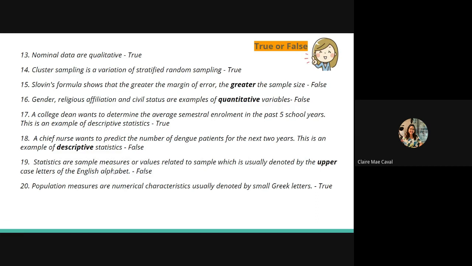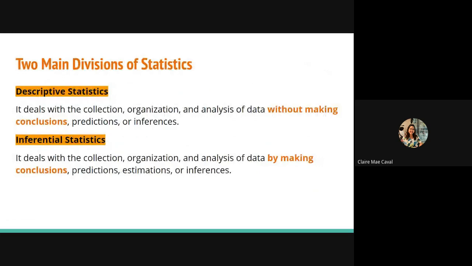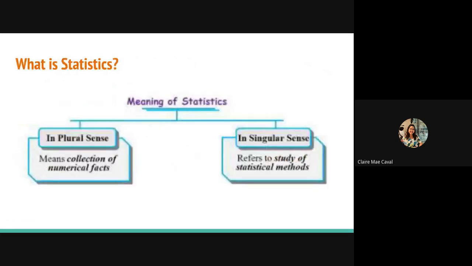Again, statistics are sample measures, and population measures are your parameters. Population measures, number 20, are numerical characteristics usually denoted by small Greek letters. And this is true. Okay? Greek letters, not English letters. So these are the two main divisions of statistics. Statistics can be defined in plural sense and in singular sense. So in plural sense, statistics is the collection of numerical facts, data, or information, while in singular sense,